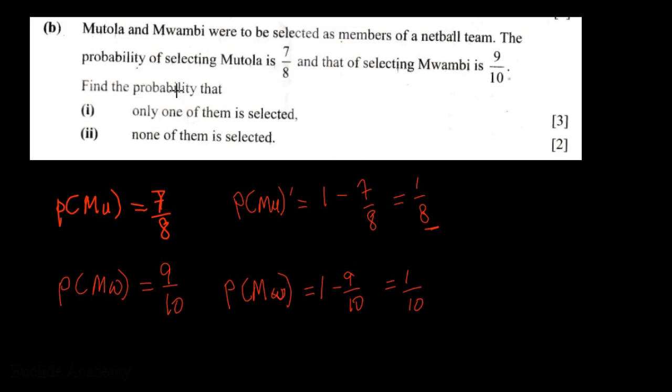Now what we want is the probability that only one of them is selected. When you're answering these questions, you need to look at the marks so that you get an idea of what you're dealing with. 3 marks is something that will require you to go an extra mile, do some extra solving, because they wouldn't just dish out 3 marks like that. So just know that a little bit of work is needed here. To find the probability that only one of them is selected,